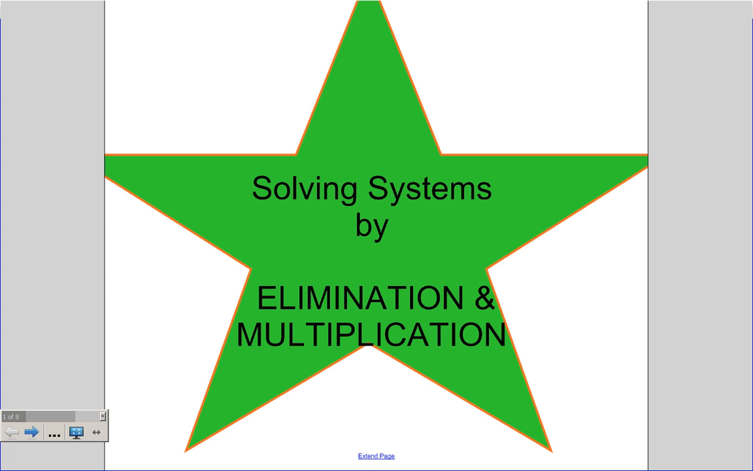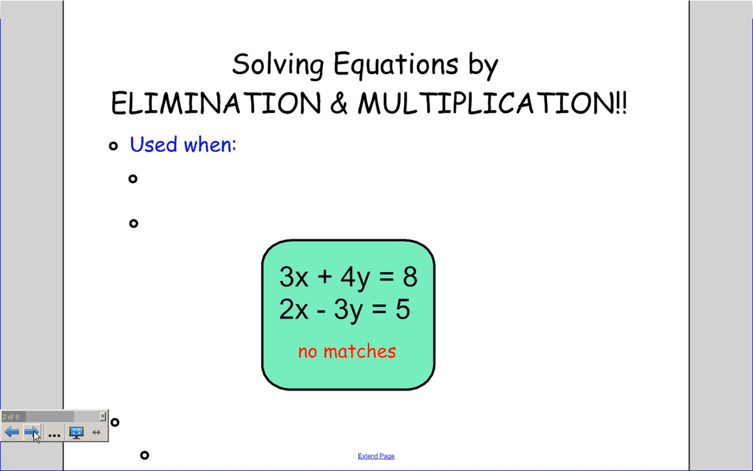Here today we're going to be talking about solving systems by elimination and multiplication. Now, we've already talked about solving systems by elimination. This just adds a second little step so that we can eliminate the more complex ones. Not a big deal. All the method is pretty much the same. But we're going to use elimination and multiplication when